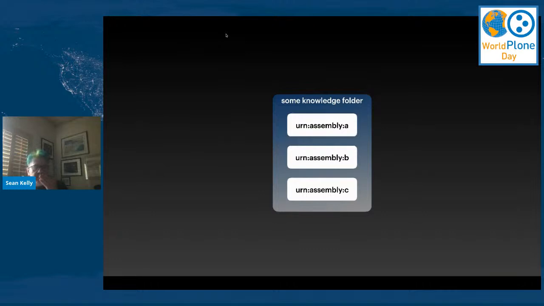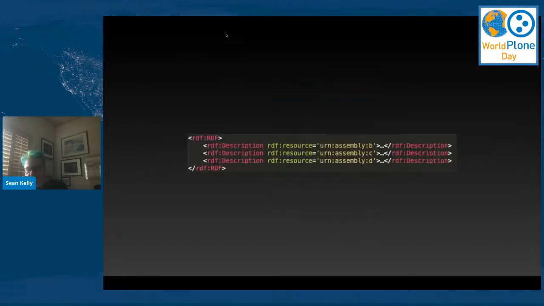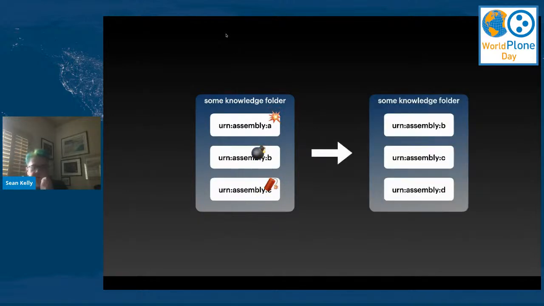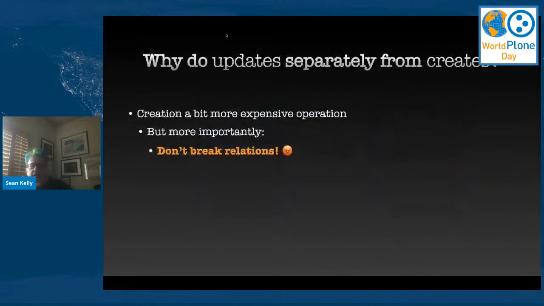For example, suppose we had a knowledge folder with items A, B, and C in them, and the new RDF came in saying, well, you should be describing items B, C, and D now. We could just destroy items A, B, and C and create new items B, C, and D. Well, the reason we don't is that creation is kind of more expensive than merely updating in Plone. But